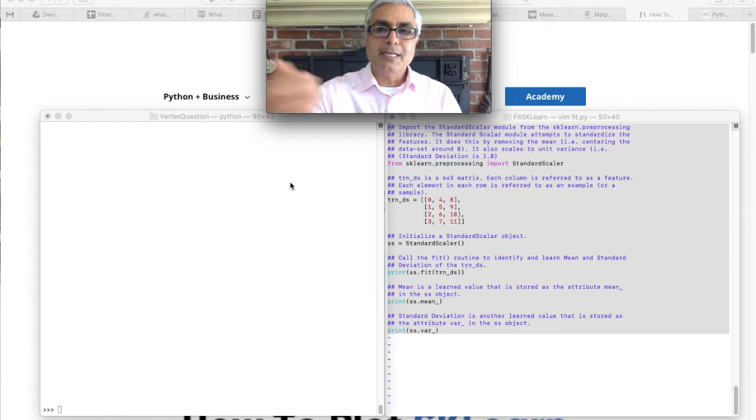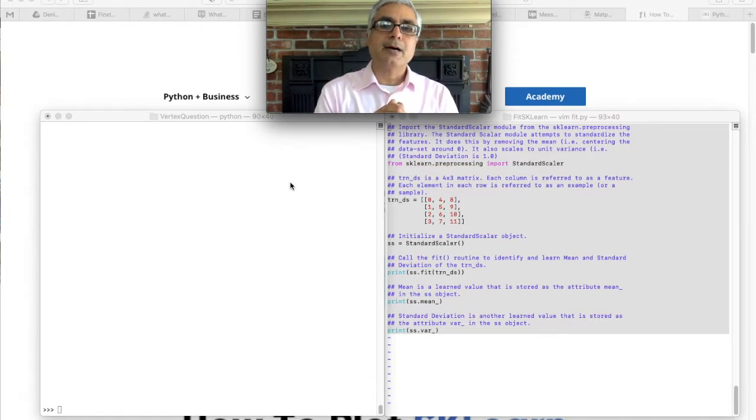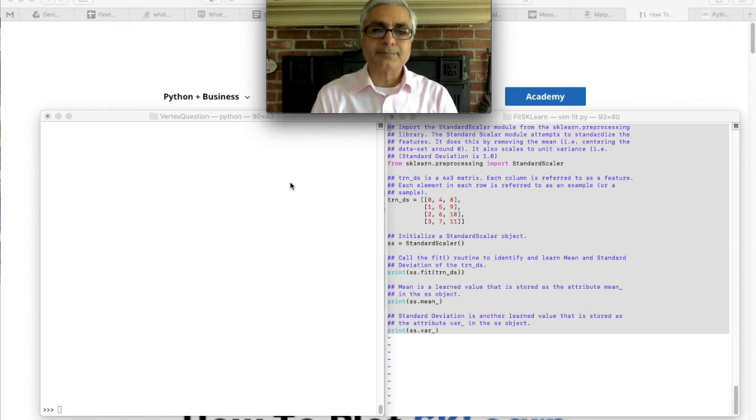For example, standard scaler first centers the data around zero mean, and then it makes it unit variance. So that's what the standard scaler does. Other methods do other things, but in all of them, the fit method gleans or learns the underlying parameters of the data. So let's see what it does.